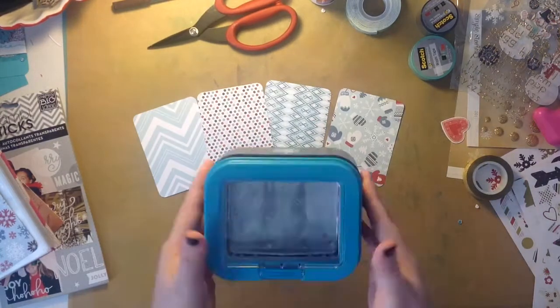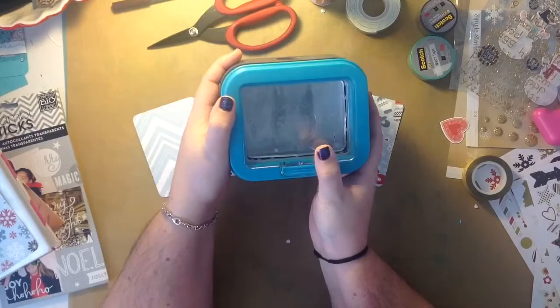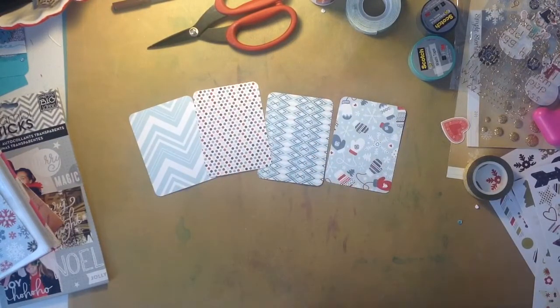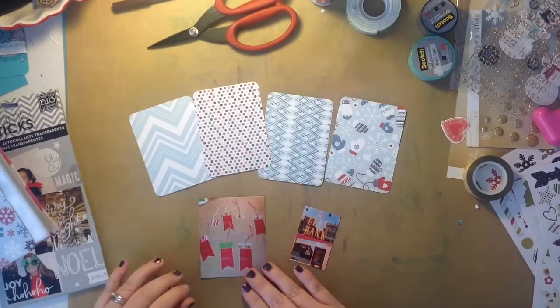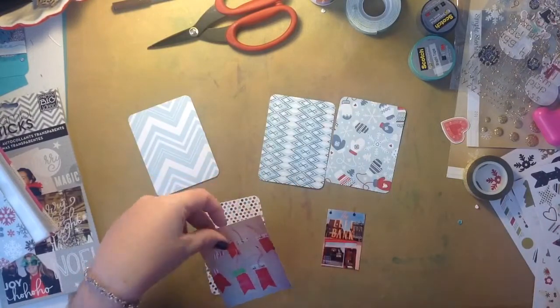Everybody, it's Heather, and I am back with day 18 of my December daily. I'm just showing you guys that I used this punch. It's from We Are Memory Keepers. It's a 3x4 punch, and I used it to cut all of the papers because I used the